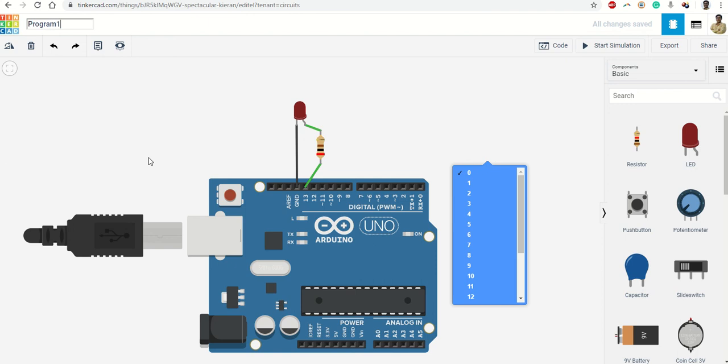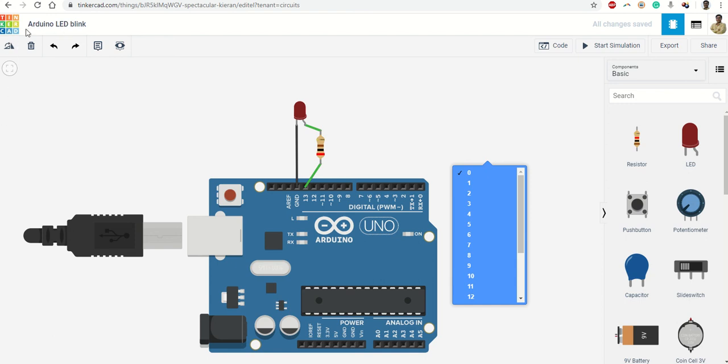My program 1, my circuit 1, my first circuit, anything that you want, or a relevant name like Arduino LED blink. Okay, and just press enter. So the program is saved with this name.